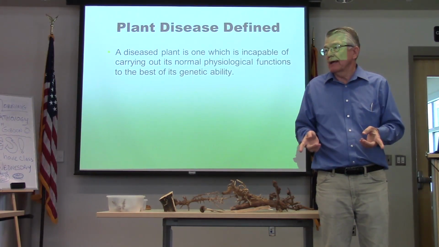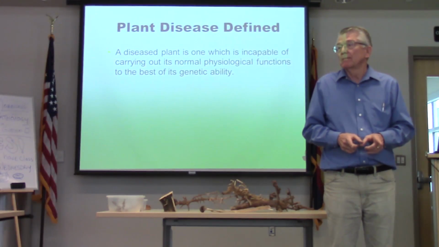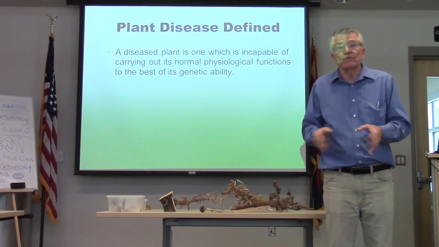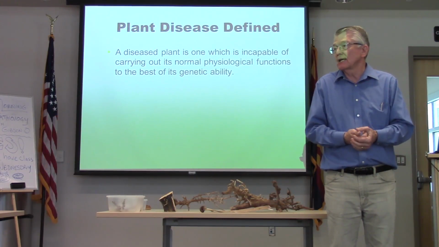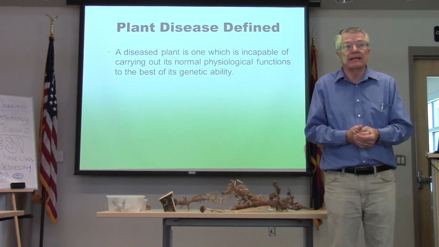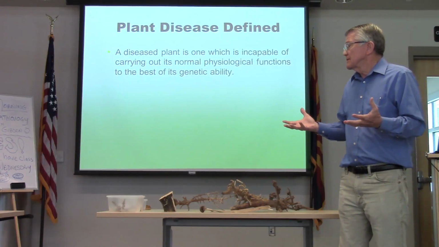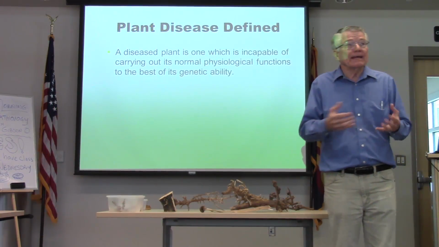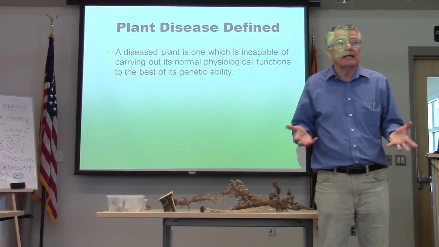A diseased plant, on the other hand, is one that is limited in some way by something to prevent it from living up to and fulfilling its genetic capacity. Make sense? So, with that definition then, we can think about all kinds of things that limit a plant's genetic